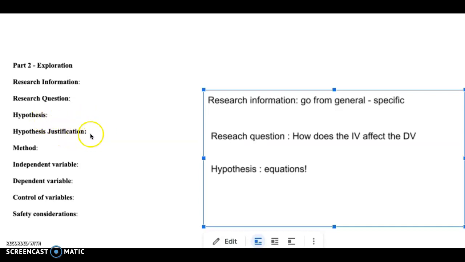So it's a logical justification for a hypothesis. And your final hypothesis is the answer to the research question. So your final hypothesis has to answer this in some way. If you're using an equation, it'd be quite easy because you'll be able to say exactly how the independent variable affects the dependent. And if you're guessing intelligently, within reason, you would say that the independent affects the dependent, possibly in this way, but basically adding some kind of vague notion that you're not quite sure at that stage. Having said that,